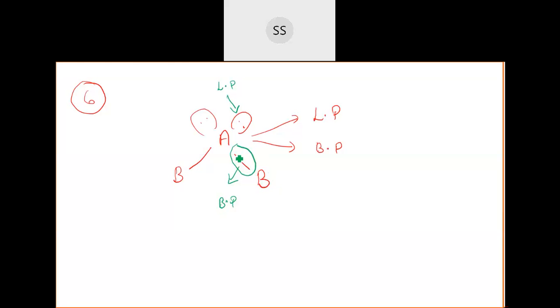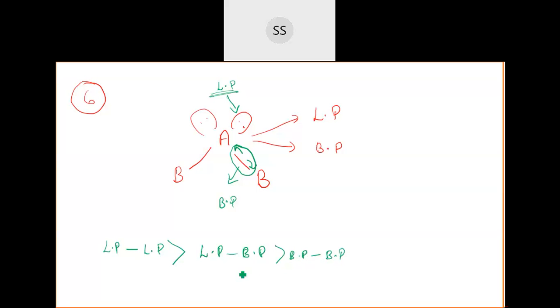If these electrons are held with each other, they are attracted by A as well as by B. So they will not be so free that they can cause much repulsion. Who can cause much repulsion? It will be the ones which are left free, that is, lone pairs of electrons. So in the repulsive interaction between the electron pairs, if 2 lone pairs are there, they will cause more trouble because they are left free. 2 lone pairs will cause the maximum repulsion, and compared to this, 1 lone pair and 1 bond pair will cause less repulsion, whereas bond pair and bond pair will cause very little repulsion.